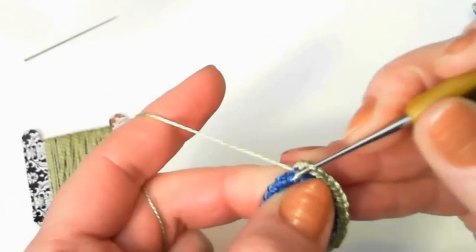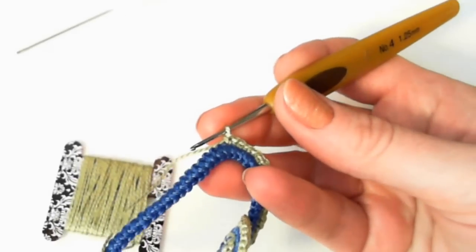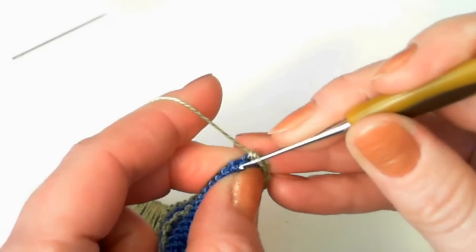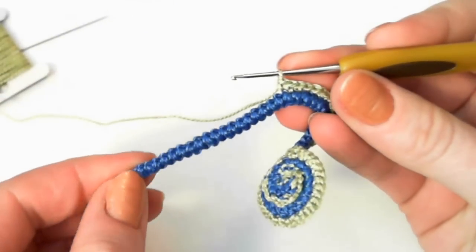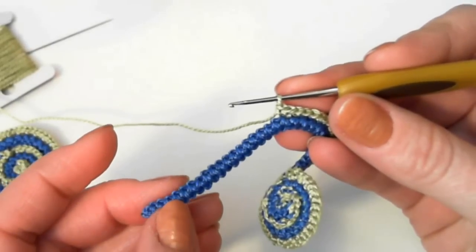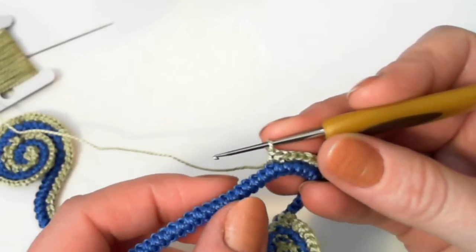So we will have to crochet 1 single crochet into each bump, and then we'll have to decrease at the very end. And decreasing at the end will be exactly the same as we did it for this motif, only in a different direction this time. So now let's see. There were 9 stitches involved in the curve of the tail. So let's count 1, 2, 3, 4, 5, 6, 7, 8, 9. So these 9 stitches will be for the little tail, and the rest of the stitches we can crochet straight